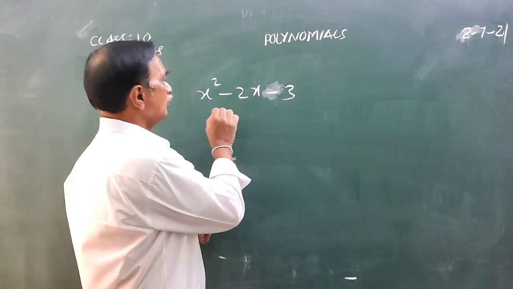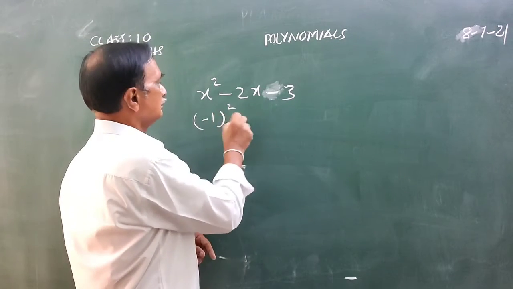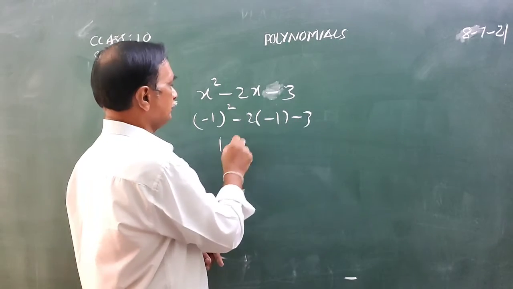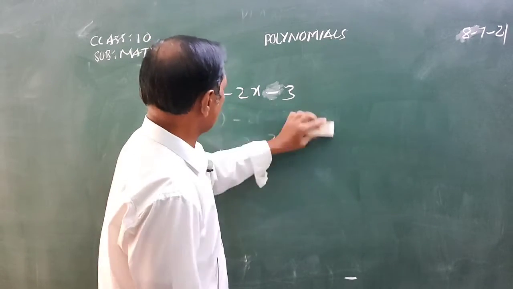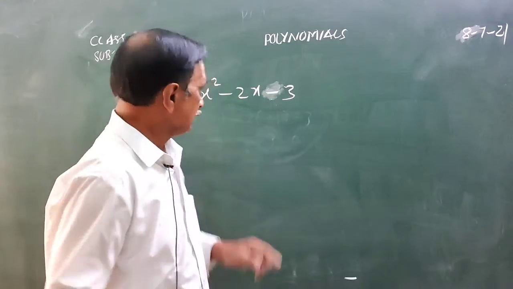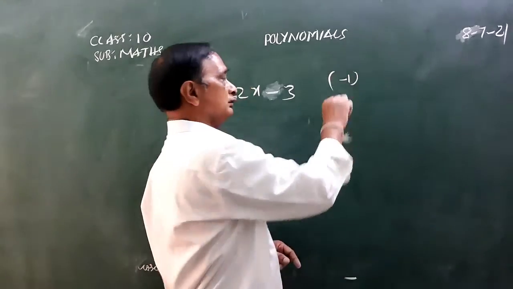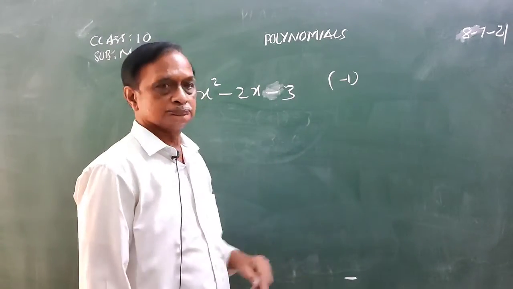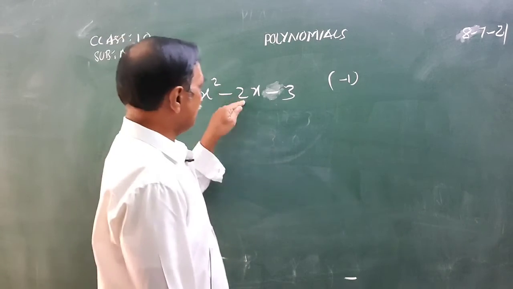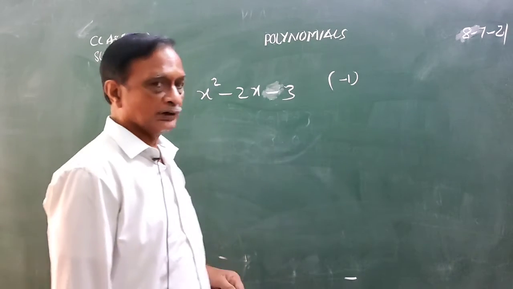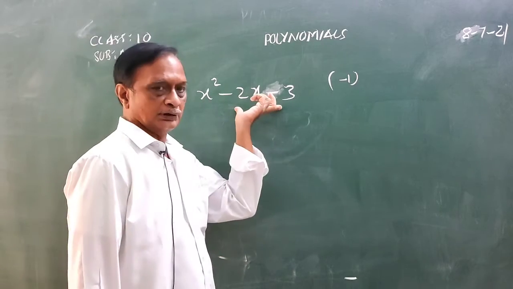Now, see whether minus 1 is the zero of this quadratic polynomial or not. 1 plus 2 minus 3. So here, minus 1 is one of the zeros of this polynomial. Here, given quadratic polynomial x square minus 2x minus 3, and also one of the zeros is given. What is that zero? Minus 1 is given. How do you find the other zero? So given a quadratic polynomial and one of its zeros, how do we find the other zero without factorizing this polynomial?